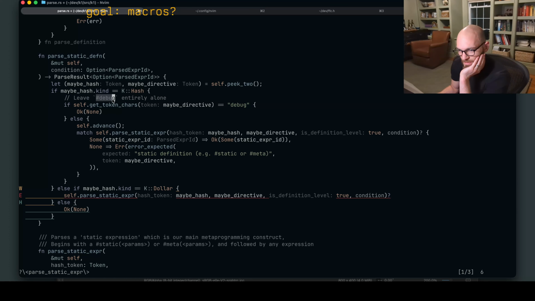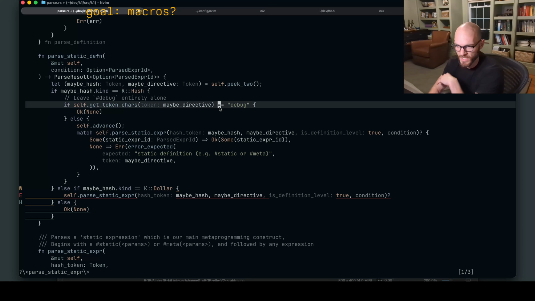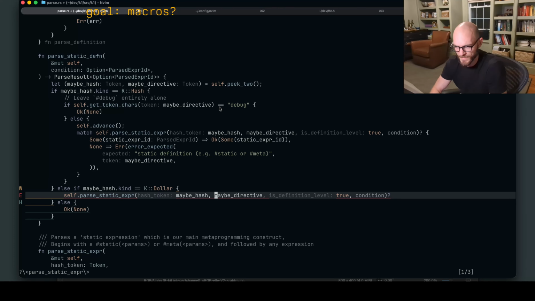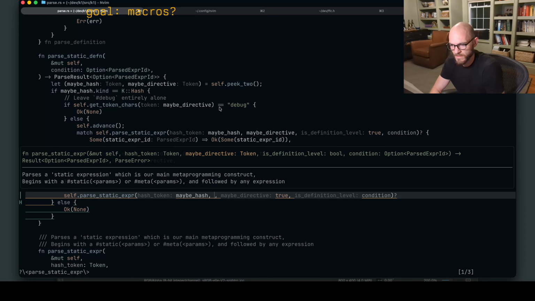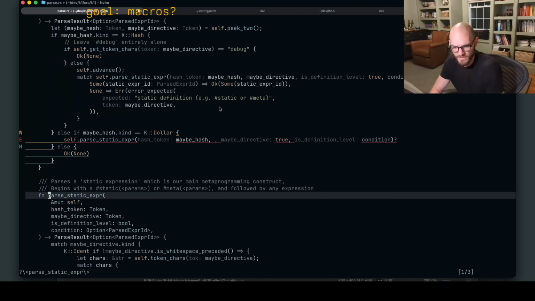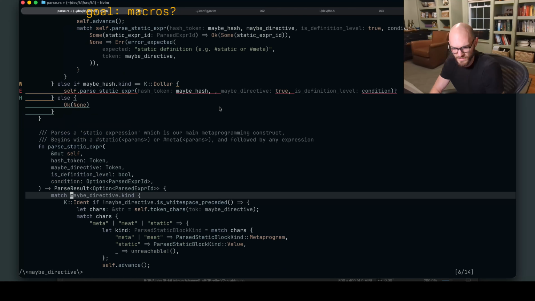Like maybe hash debug shouldn't even start with a hash, because it's clearly not giving us a lot of information about what we need to do next, and we have to backtrack, and yeah, maybe. He doesn't need that, does he?